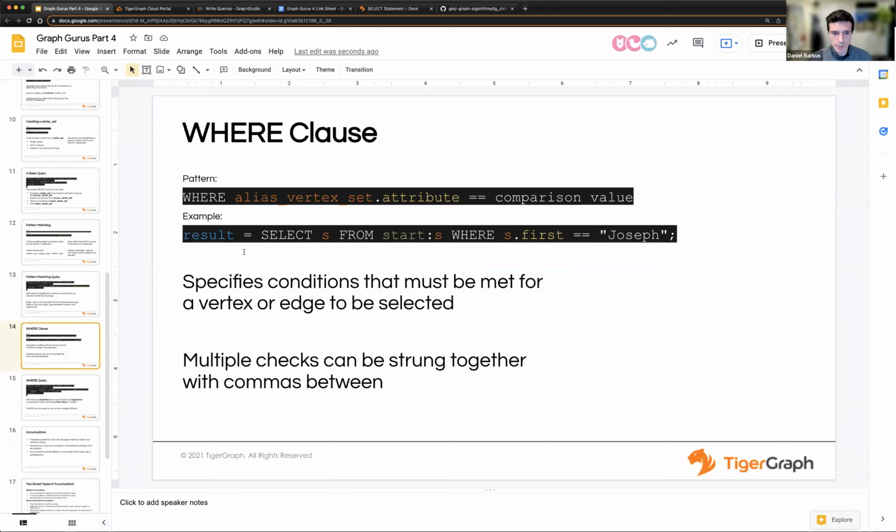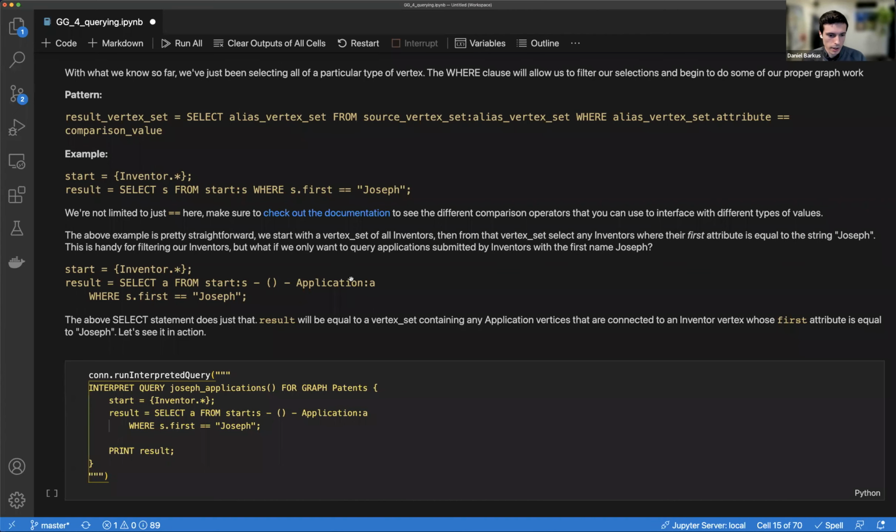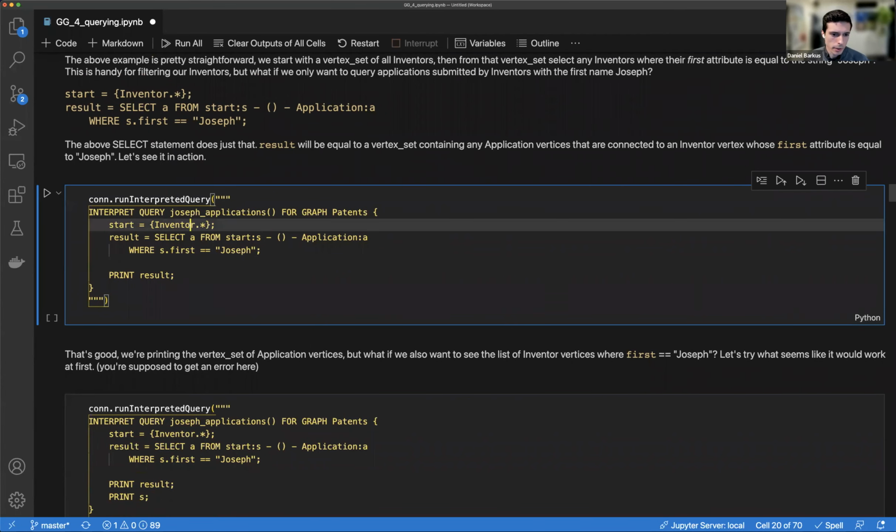Obviously, just traversing those edges isn't the best thing. So we want to be able to then filter on those things and dynamically select different things from the graph. And that's where our where clause comes in. So the where clause allows us to only select things that fulfill a certain condition. So in this case, we are going to head back to the notebook, and we're going to run an interpreted query where we are going to select inventors and their applications that are connected to an application, but we only care about inventors whose first name is